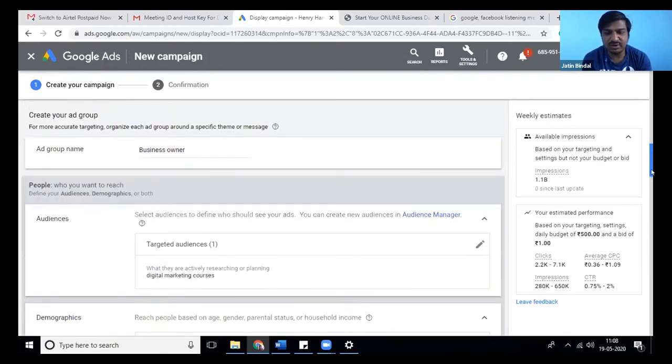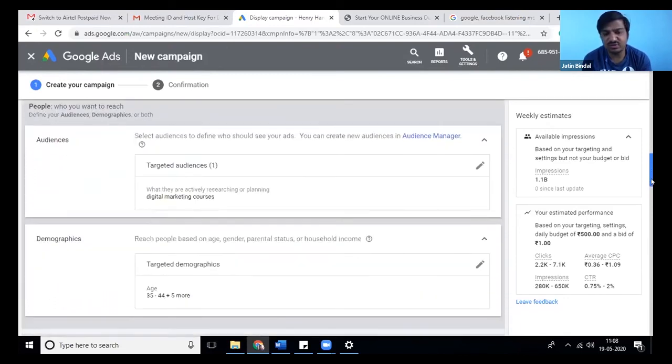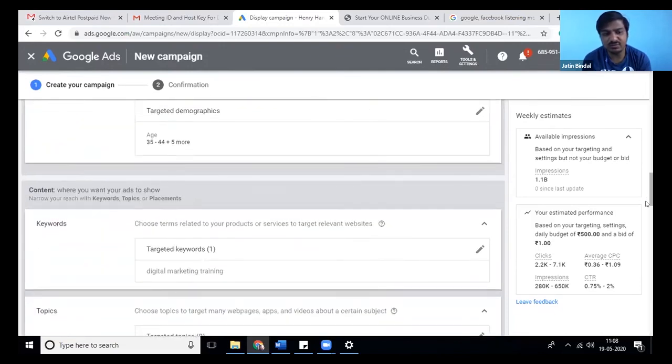But definitely, they are searching for business guides. They are searching for reading daily news, tech news, and all. So you can use those keywords to target them. That's a good option of refining your audience.